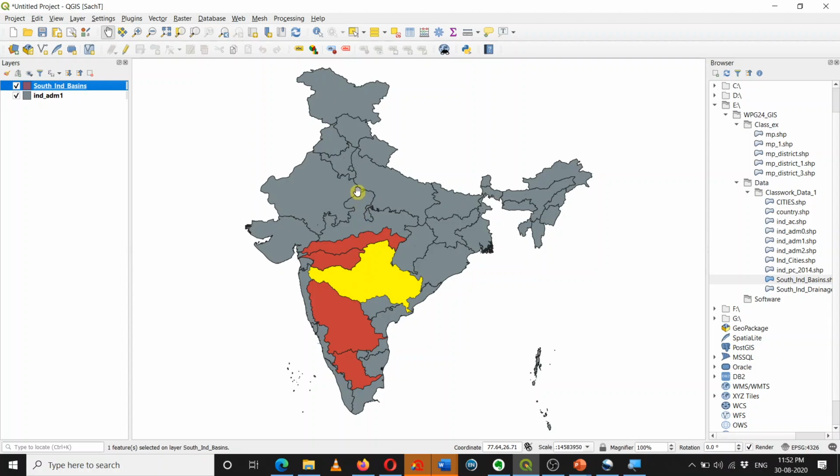Whenever you import any file in this canvas, it temporarily and automatically converts the CRS of that file into the CRS of the project, so that you can view all the layers over one another. So this is a temporary conversion just for the sake of representation. It doesn't change the original CRS of the file. There are procedures to do that, and we will learn those in subsequent classes.